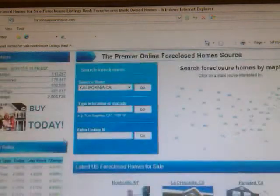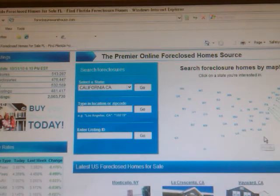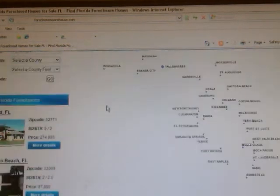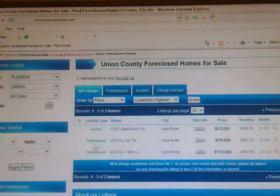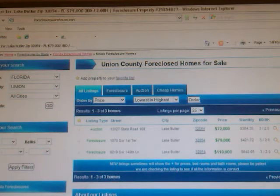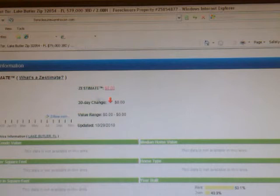Zillow.com here. Let's go in here and look for properties. We're going to go through the foreclosure warehouse site, but you can go directly to the comps area if you like. We're just going to go to Gainesville, Florida this time. You notice there's only about 3 foreclosures in Gainesville. Very small town, but it's got 3 foreclosures there. We're going to click on this one that says $79,000. We're just trying to get to the comps area, so I can show you how to navigate the Zestimate site. Now, this particular property doesn't have a Zestimate on it, so let's go back